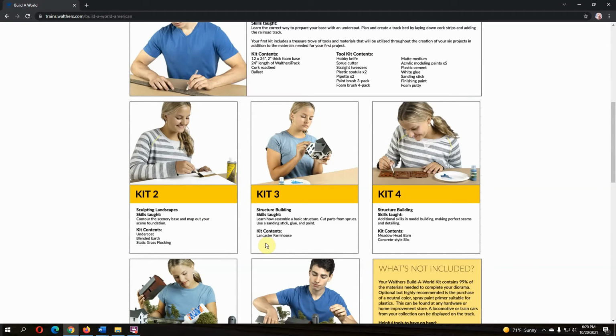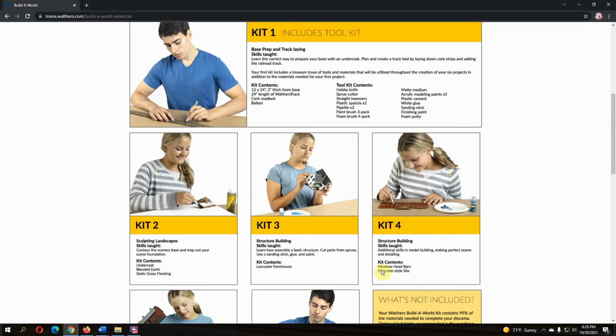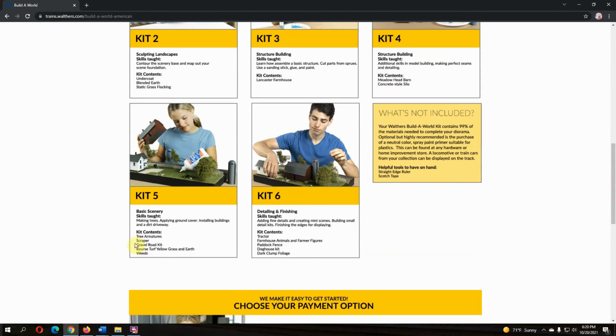In kit 3, you're going to get the Lancaster farmhouse, which is this guy right here. Kit 4, you're going to get the Meadowhead barn and the concrete style silo, so that'll be those 2. And kit 5, you're going to get tree armatures, scraper, gravel road kit, coarse turf, yellow grass and earth, and weeds. We need more weeds. I spend a lot of time in my yard getting rid of weeds. Last kit 6 is going to have a tractor, farmhouse animals and farmer figures, a paddock fence, doghouse kit, and